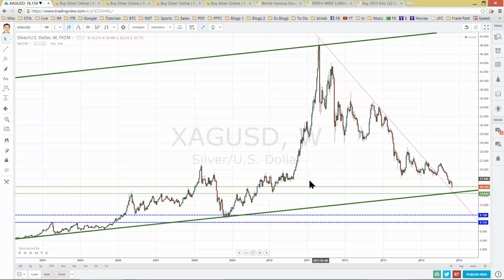Now, I drew this originally, I was waiting for the price to come back down to this area near the $18 area so I could start buying into silver. But I noticed that as it came down to here, it took a bounce up, and I wanted to see it retest that support level of $18 at least one more time before I got in, and I wanted to make sure that it broke this down trend line, this intermediate term dotted trend line right here, this purple dotted line. And so when price broke above this,